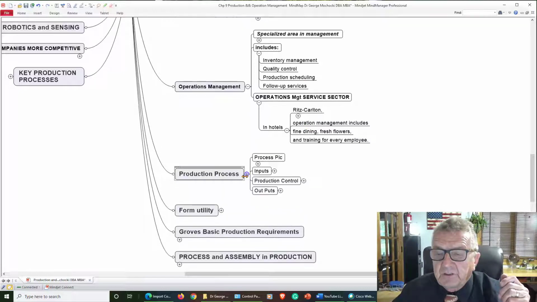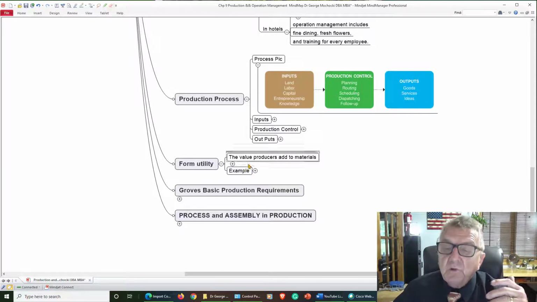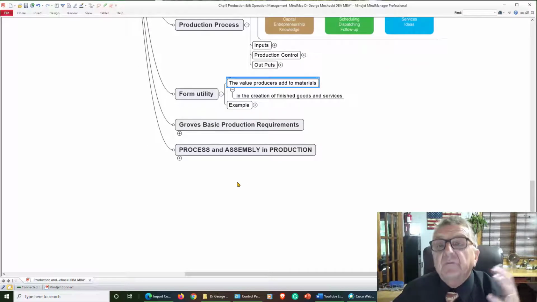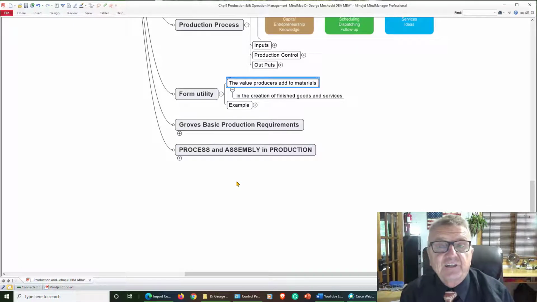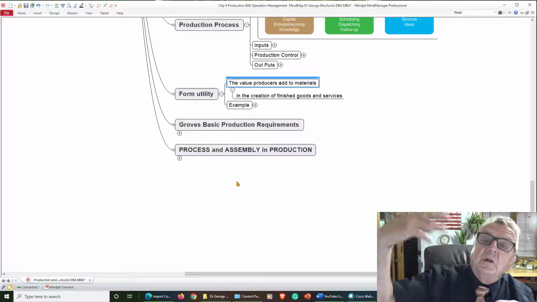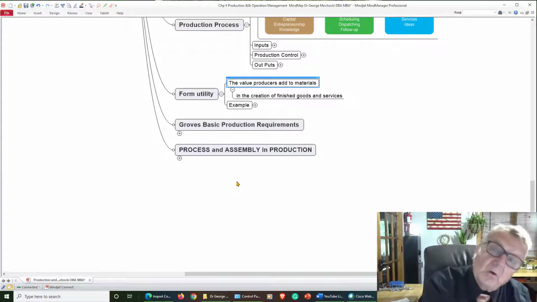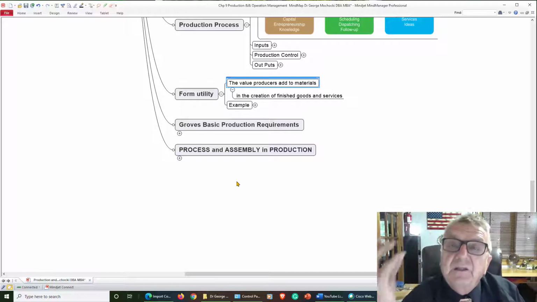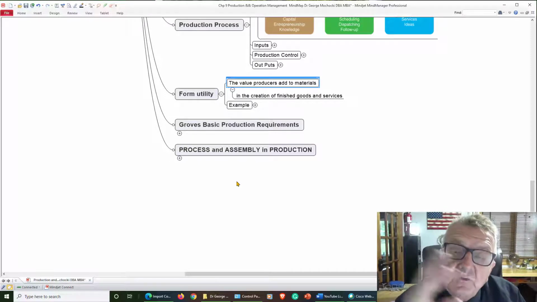Okay. Now production, process, inputs. We talked about that. Just put in form. When I'm looking at form, values to materials, basically logistics is taking stuff and turning it around into a different form. I'm taking coal and turning it into gasoline, gasified coal. There's already technology, a little bit expensive, but they're doing it now. As the cost of getting oil out of the ground goes up, gasified coal is another way to give environmentally safe gas, utilizing coal and technology.